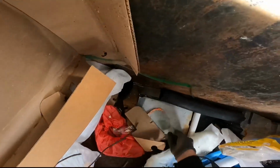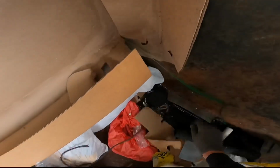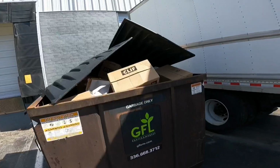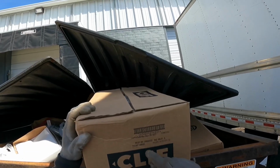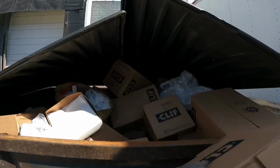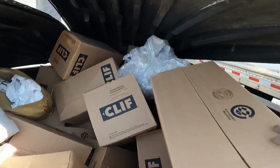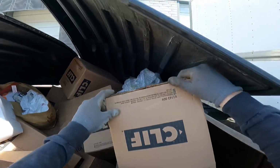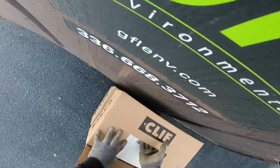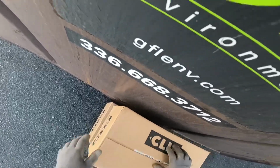Actually, that's all stripped, but that's metal. And that's metal. That is just string. Okay, so it looks like we've got some more Cliff bars. What are these? Best by May of 22. Oh, not butter. Same ones I've already got. I don't think the place that I took these are going to want more. Fairly certain they won't. But I'm still going to take a few boxes